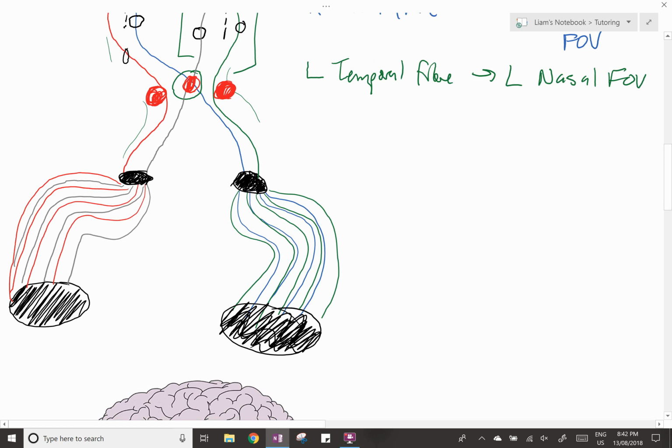The first stop that all these fibers in the optic tract go to is the lateral geniculate nucleus in the thalamus. So if you're remembering basic principles of neuroscience, the thalamus is the relay center. So things come there to get processed before they get sent to other parts of the brain. Now, because of this partial decussation in the fibers,